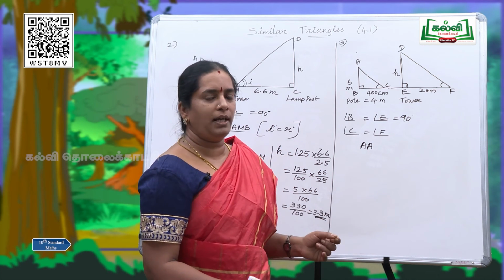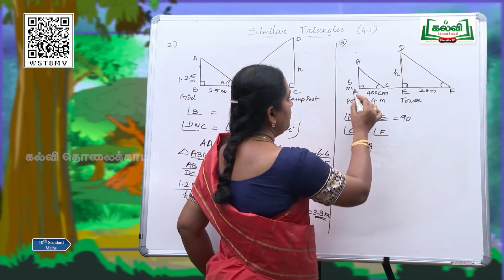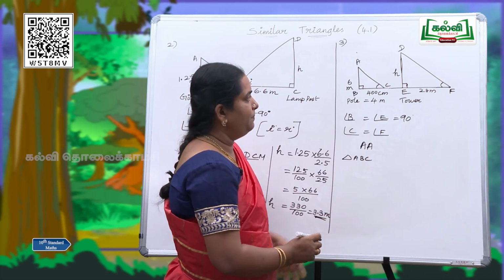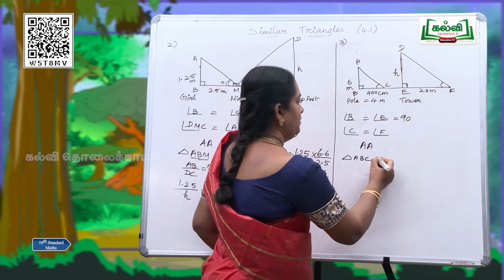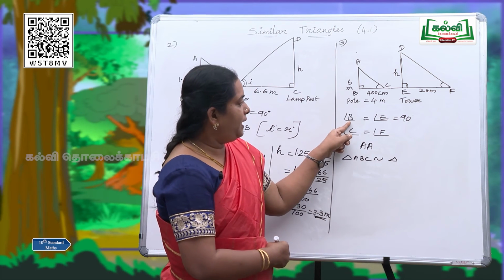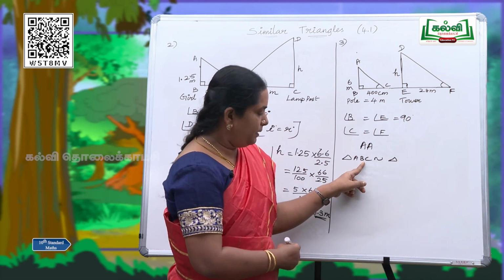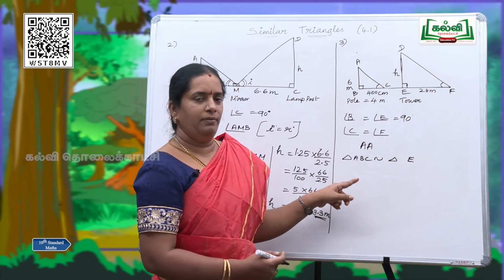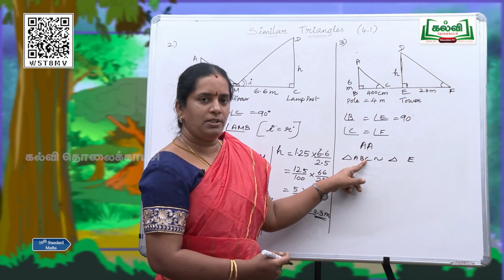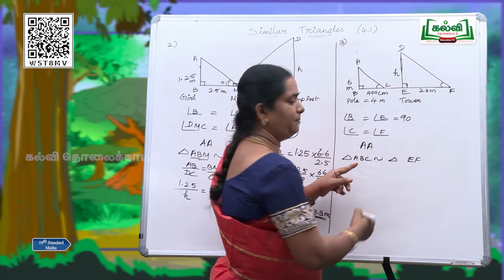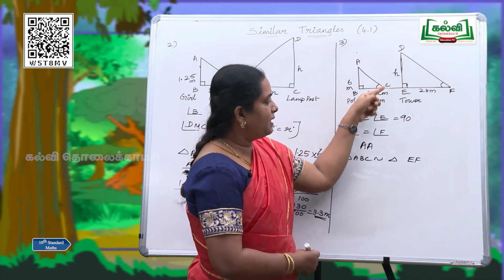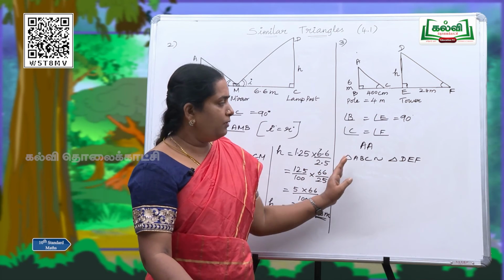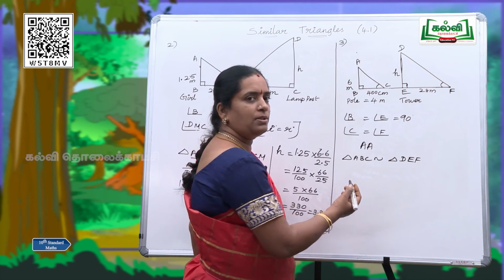So how will you name these two triangles? Keep that in mind. Let me name the first triangle as ABC as per our wish. ABC, and then similar to that, B is equal to E, so E should be placed in the second position, and C is equal to F. C is in the third position, so F should be placed in the third one. In the triangle, D is left. So you can understand that the angle D and angle A are equal. So we can place it, and then you know that the ratios are equal.